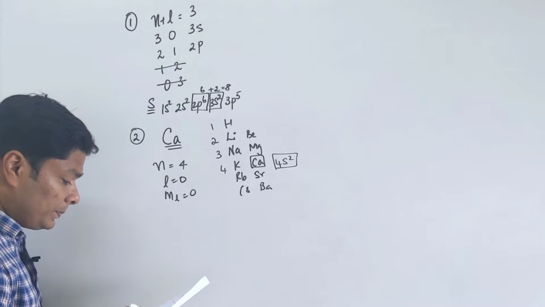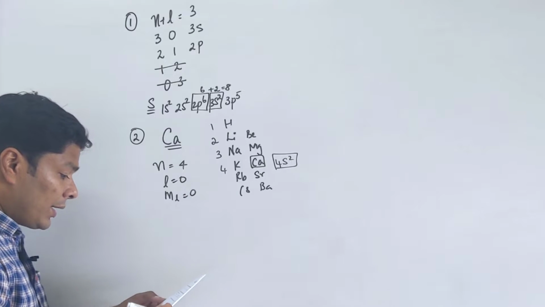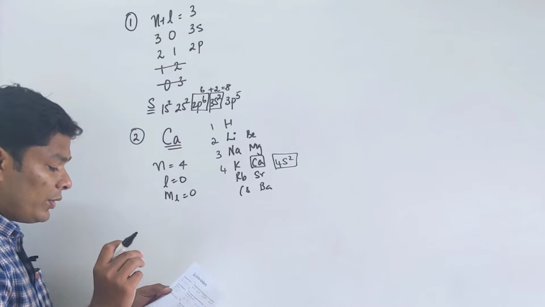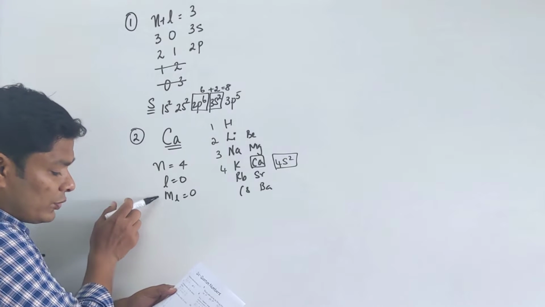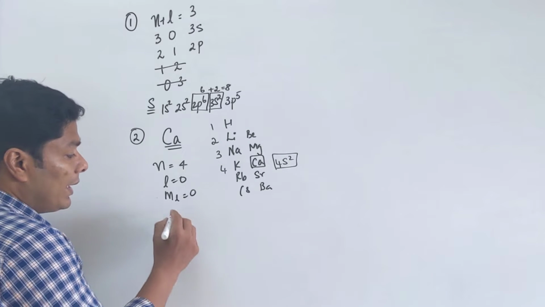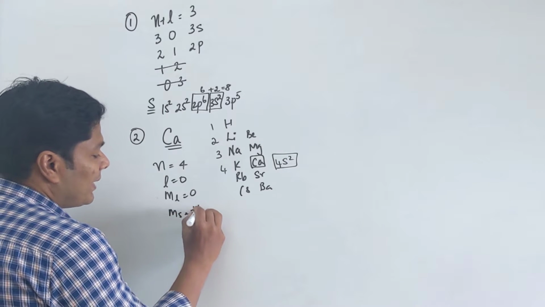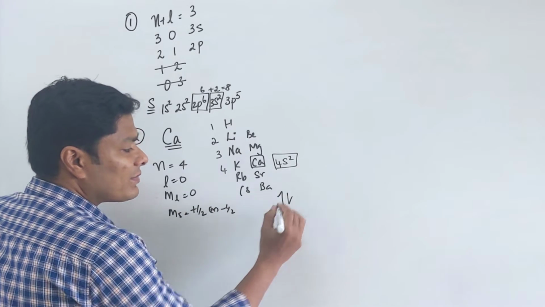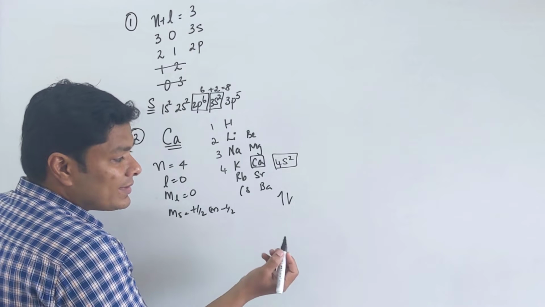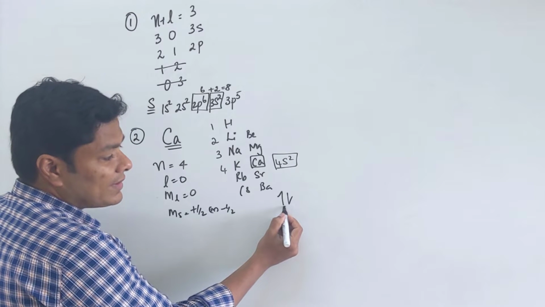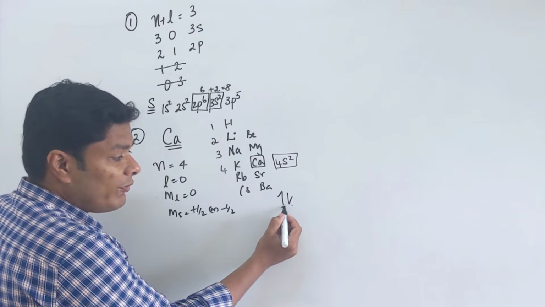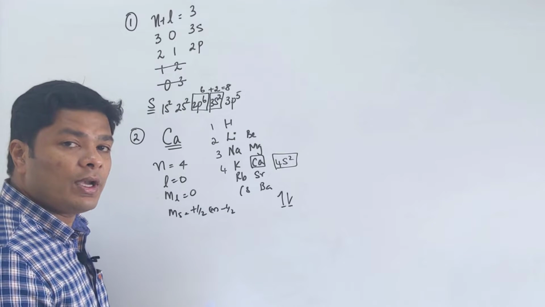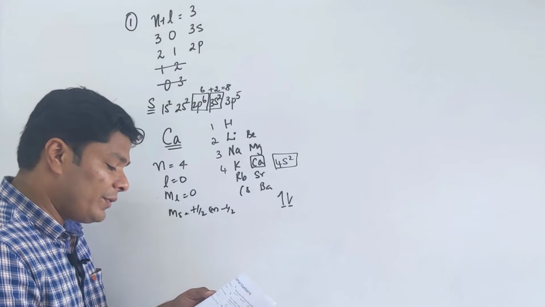Now they are talking about the correct set of quantum numbers for the valence, outermost electron of calcium. You have to be very careful here. 4 0 0, there is only one such option. Now ms, is it plus half or minus half? Normally this is plus half, this is minus half. But nobody tells us that I cannot take this electron first and then that electron. So this one can be the valence electron, and this one can also be the valence electron. So both options are correct. They won't give you only one, they'll give you any of them.